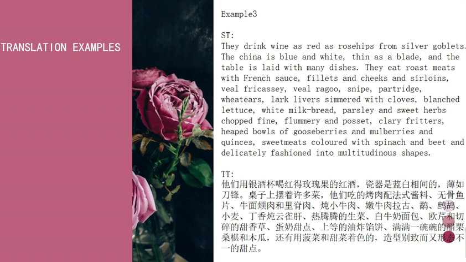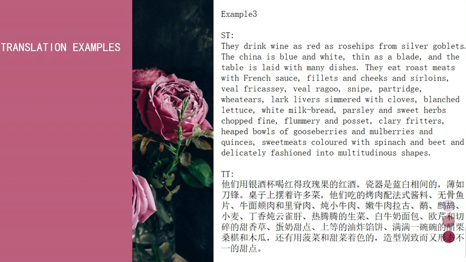The second sentence contains too many food items, and most of them are not famous in Chinese culture, which will trouble the translator. This challenge is at the cultural level. For the former one, the veal fricassee, I could find only a little information on the internet, so I use literal translation to tackle it. But for the latter one, I could not find any explanation about the dish. Consequently, I translate by the transliteration approach. So in the target text, I translate it like 他们吃的烤肉配法是酱料、五谷鱼片、牛面颊肉和里脊肉、炖小牛肉和嫩牛肉拉糊。